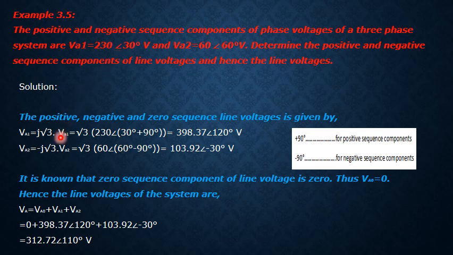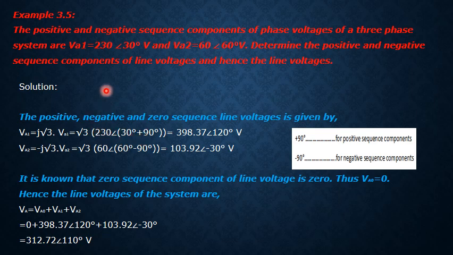So now simply substitute it over here. Then the equation further reduces. As we know, for the positive sequence component, the angle is leading by 90 degrees. So plus j represents what? It is having plus 90 degrees for the positive sequence component, whereas minus 90 degrees will be there for the negative sequence component. So here we need to add up 90 degrees also.